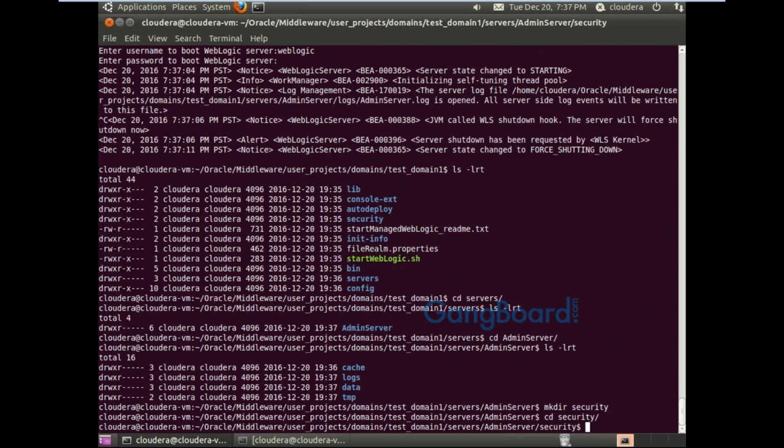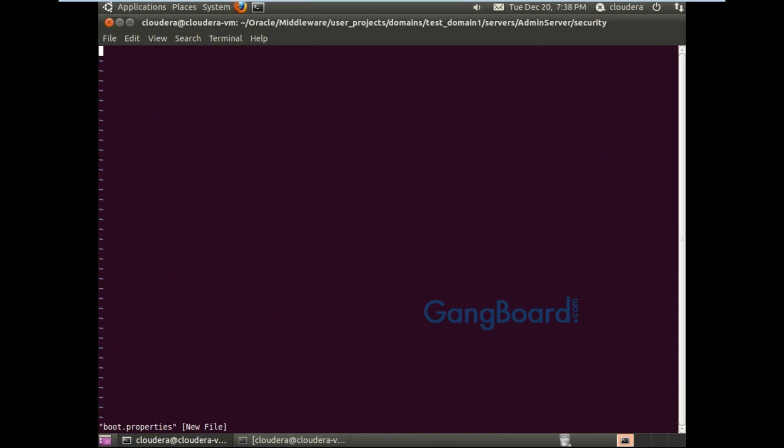I will create the boot.properties here. Username is equal to weblogic. Password equal to weblogic.